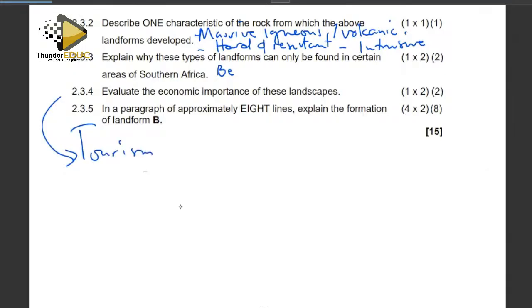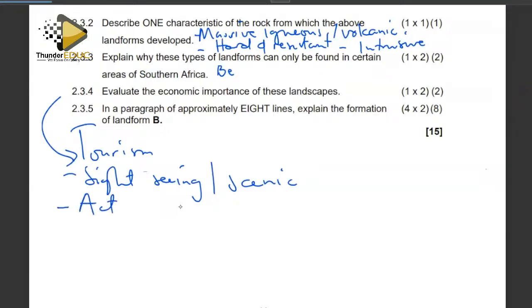They can be used for tourist purposes, people coming to tour, and also they are important for sightseeing, or they are scenic. Important for activities